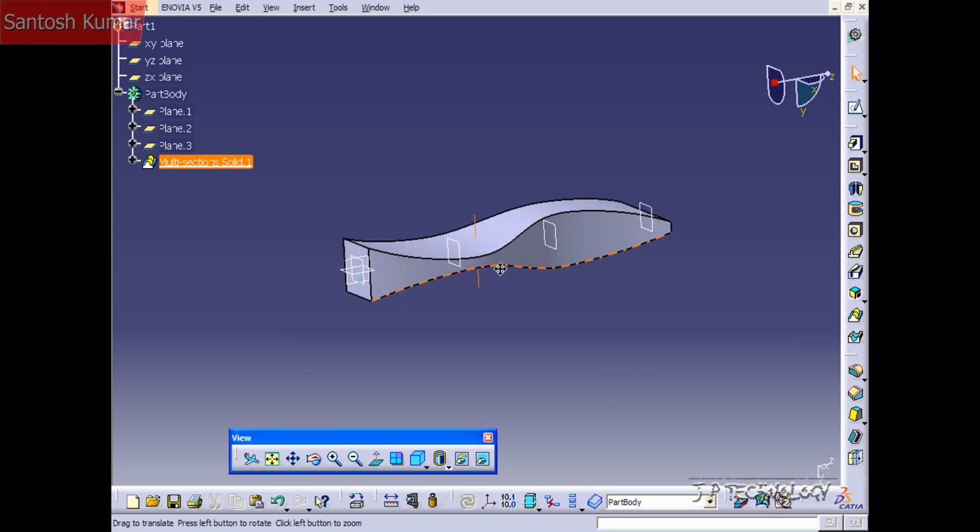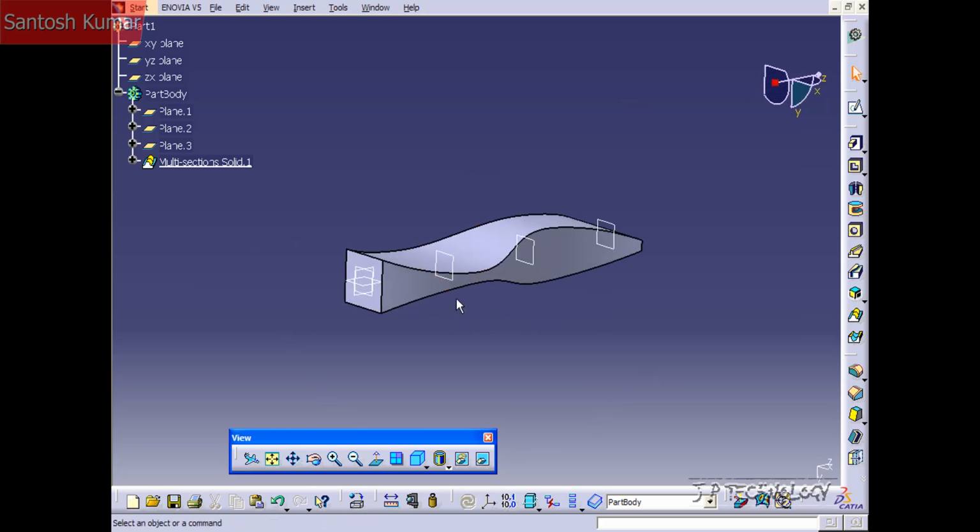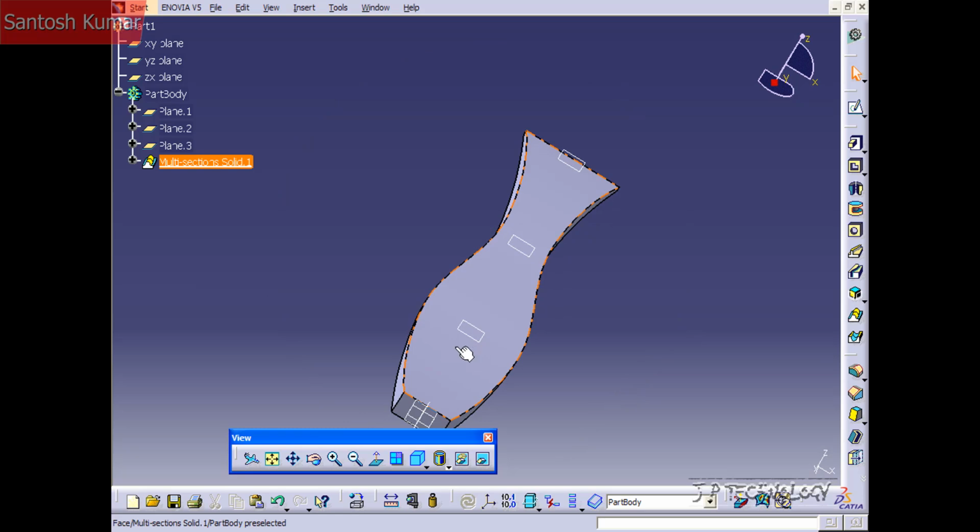Now, this part that I have right here is just like the last tutorial, pretty much the same part. I just cleaned it up a little bit. It's the 4 sections put together. For the advanced multi-section solids, we're going to add a guide profile for all these to follow, because right now what they're following is just a straight line and they're all merging together. In this one we're going to add a bit of a curve and a bend